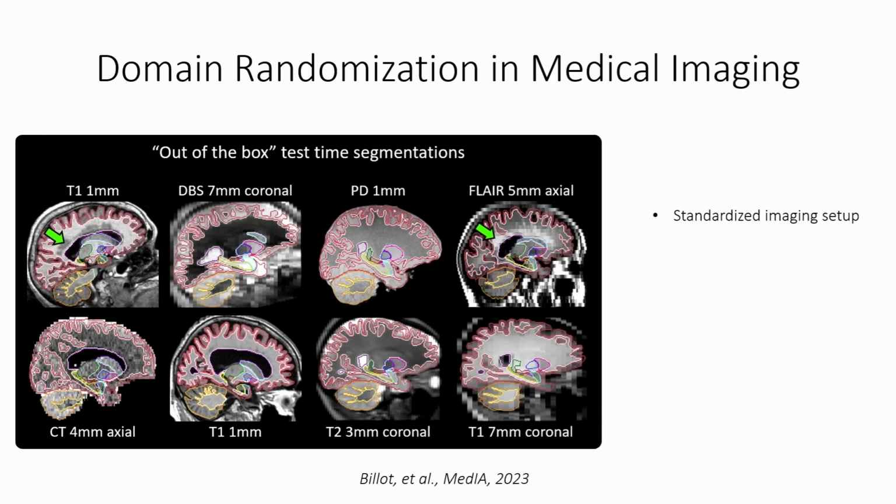This works because neuroimaging has a highly standardized imaging setup. For example, patients are typically lying on their backs in the scanner with their heads centered in the field of view. Further, this work uses a vast amount of expert annotations from which it generates synthetic images. And as a result, this type of approach is very specific to the chosen organ to segment.